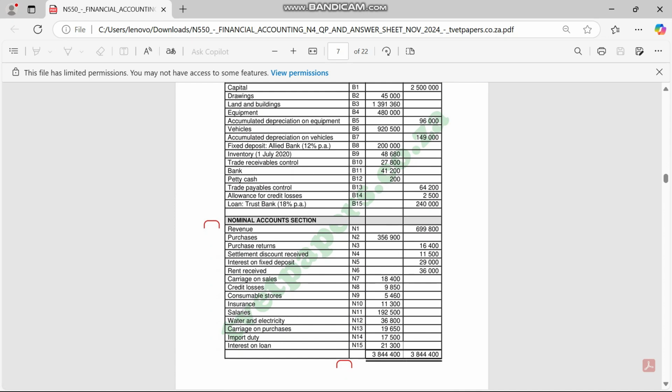So what's our consumable stores here? 5,460. The way consumable stores works is that we spend 5,460 on consumable stores, but the